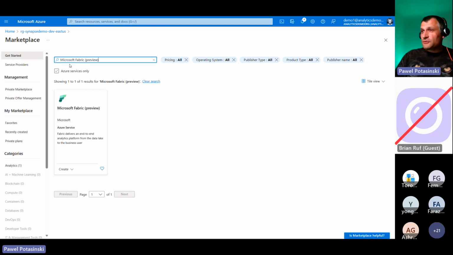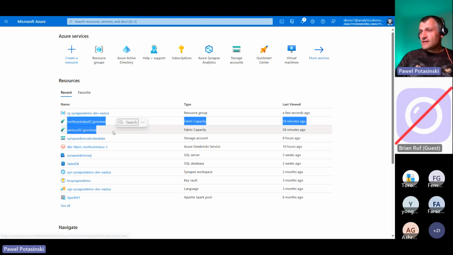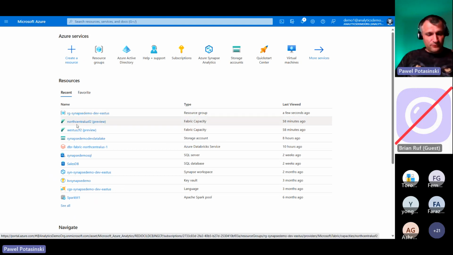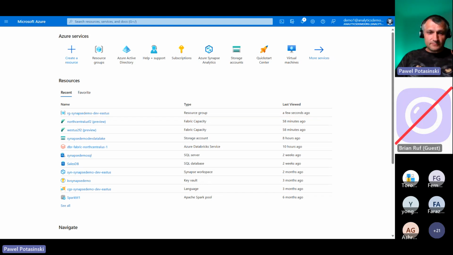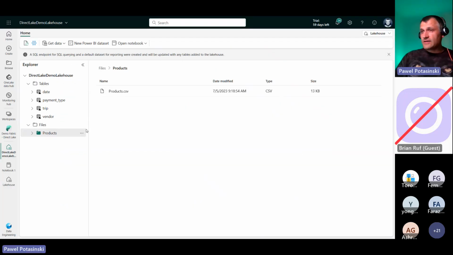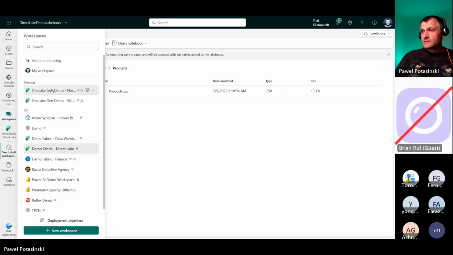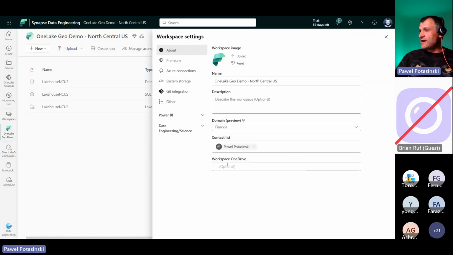Now, what I wanted to show you as well is that I can create a geographically distributed OneLake, which I already did actually. So notice here, I have 2 Fabric capacities already created. Now the difference is that one sits in North Central US, the other one is West US 2. And guess what? In Fabric, I have 2 workspaces. One is called OneLake GeoDemo North Central US, and it's backed by